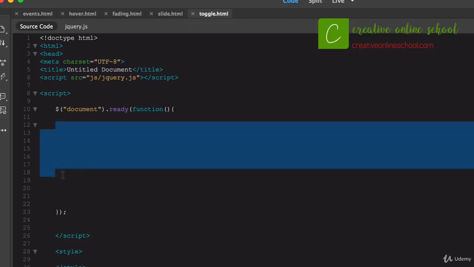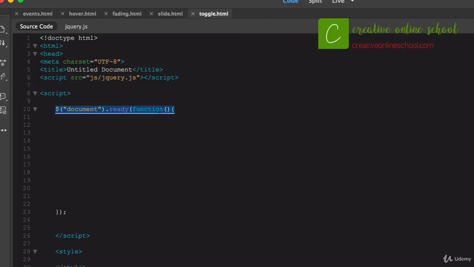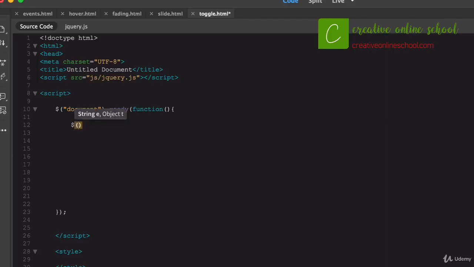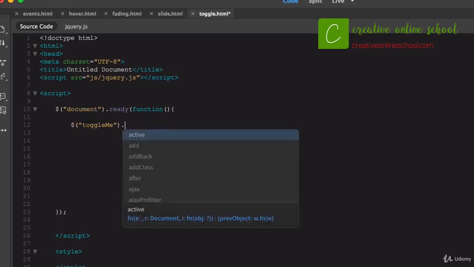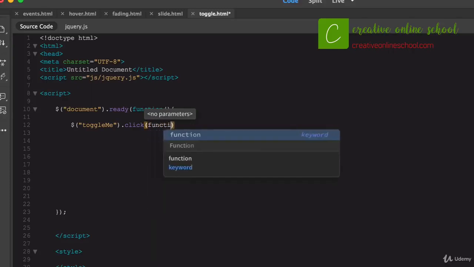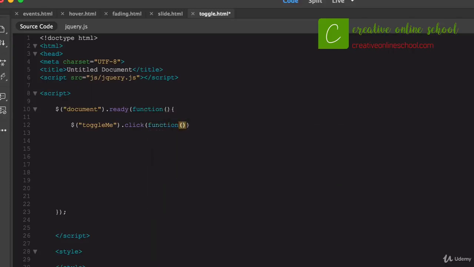So within my document I've got my standard starting jQuery line up there. What I want to do is what I always do, start with the $ sign and the parentheses and the quote, and I'm going to say toggle me. So I've created the string within there of toggle me, and what I want to do is on click, explore some different things that I can do with that. So within there I'm going to say a function, open and close the parentheses, open and close a curly bracket,